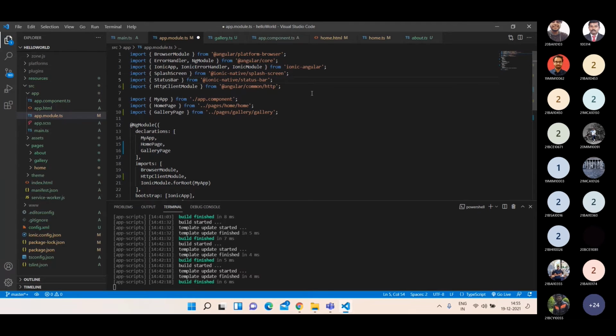Yeah. So inside this Angular common HTTP, we'll be having this HTTP client module. Okay, just note it down. And we'll be having this inside the imports.